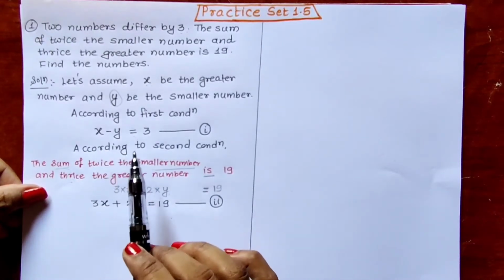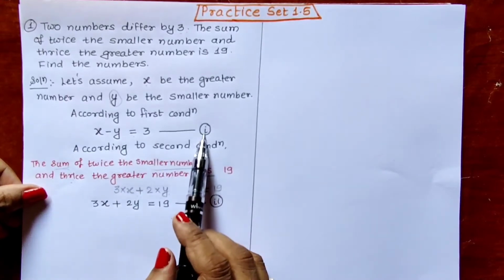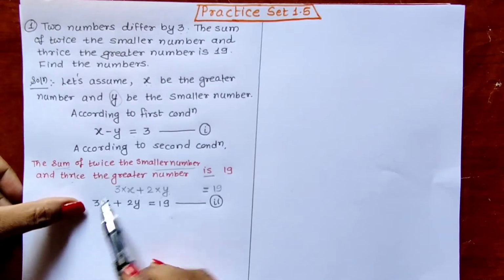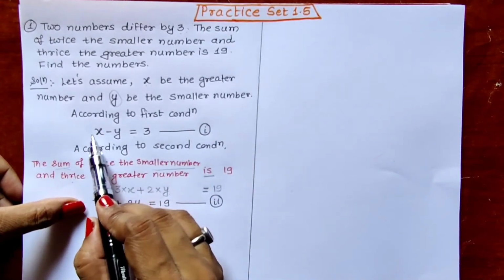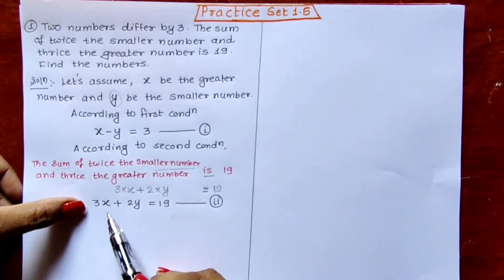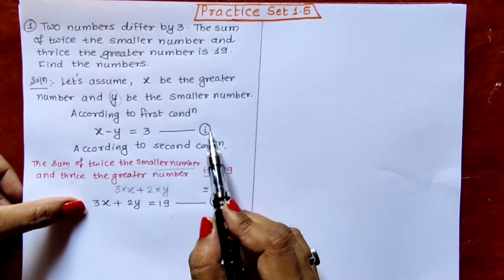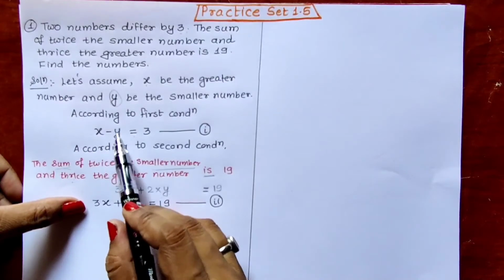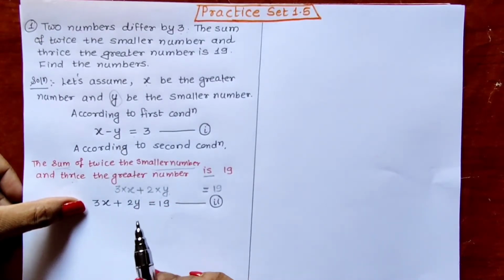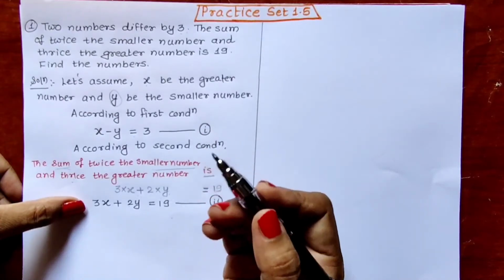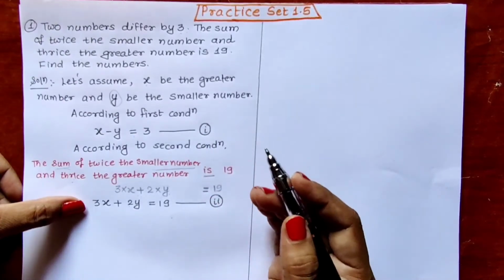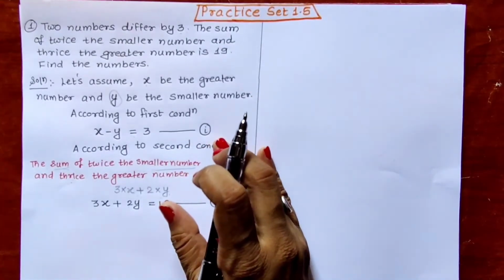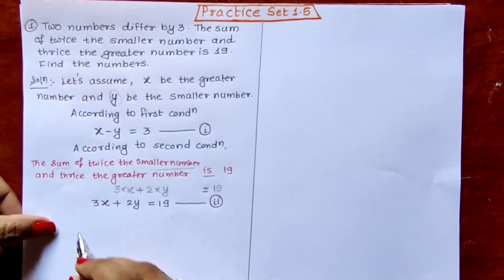So we will have to equate the coefficient. So you can multiply equation 1 by 3 either. That means when we multiply equation 1 by 3, we get coefficient of x as 3 and we can eliminate x terms. Or we can multiply equation 1 by 2. So we will get the coefficient of y term as 2 and y terms will be eliminated. So I think elimination of y terms will be easy and convenient to solve the remaining part of our sum. And that's why we will have to multiply equation 1 by 2.